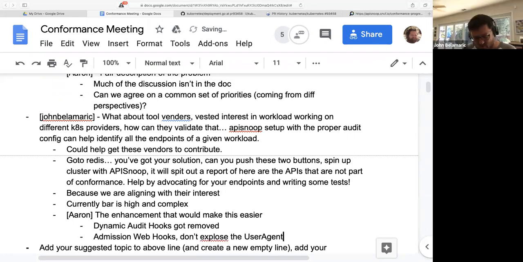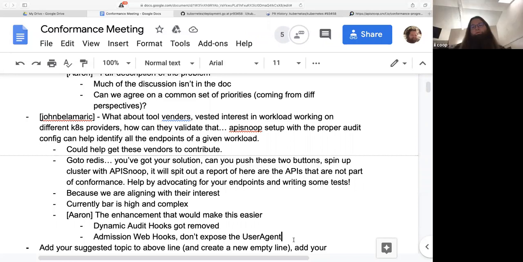So we don't need a drop-in on the cluster. We just need a packaged solution that can take kind and spin up a cluster with the proper audit configuration. What we currently are in the process of doing, and Caleb, sitting next to me, who's not on the call, is working to do, is to have basically a terraform config that can go with any cluster,